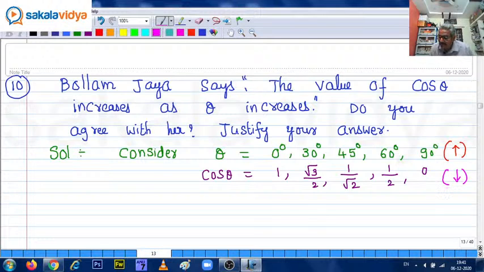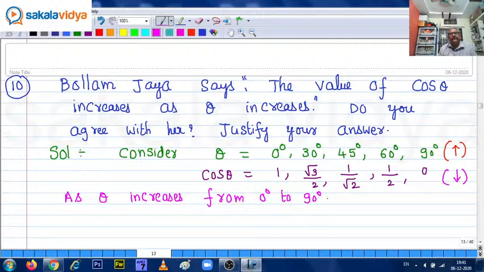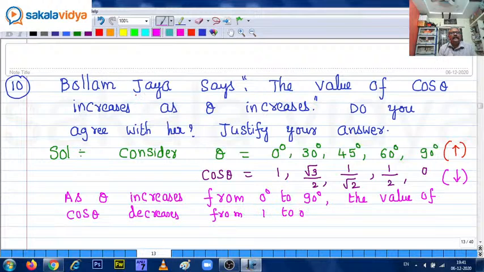Ninth question is not false, not false, not false. True only. So write down like this now. As theta increases from 0 degrees to 90 degrees, the value of cos theta decreases from 1 to 0. But what does Jaya say? Jaya says that it increases, so false. So therefore,